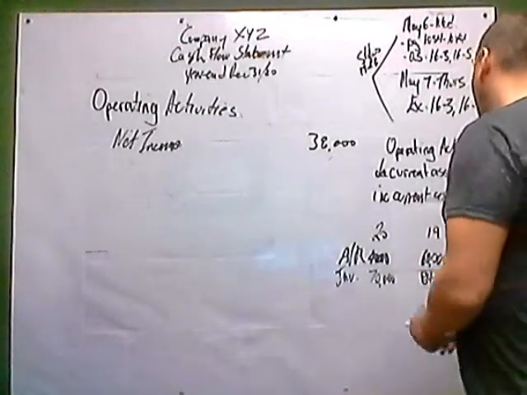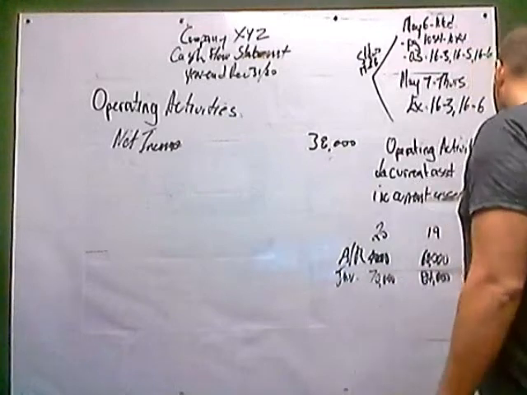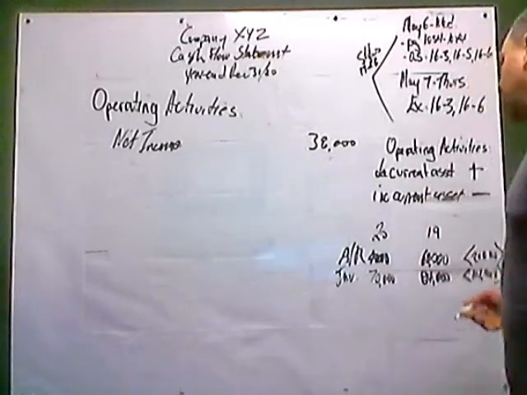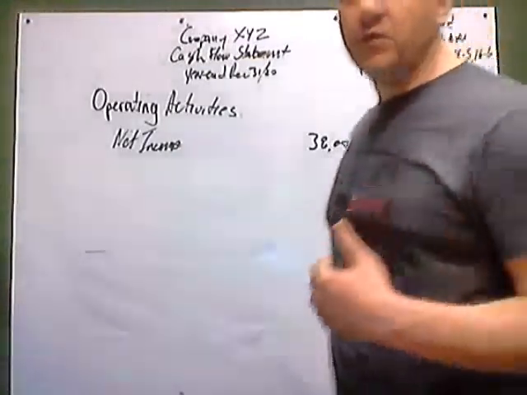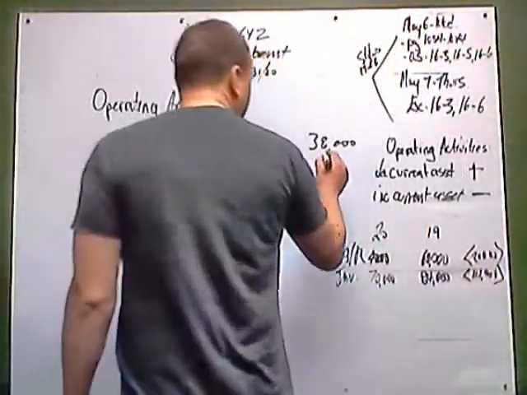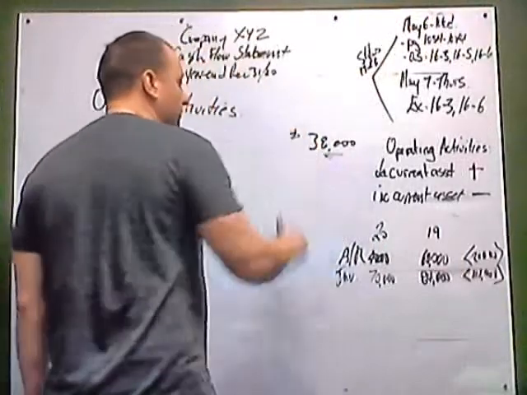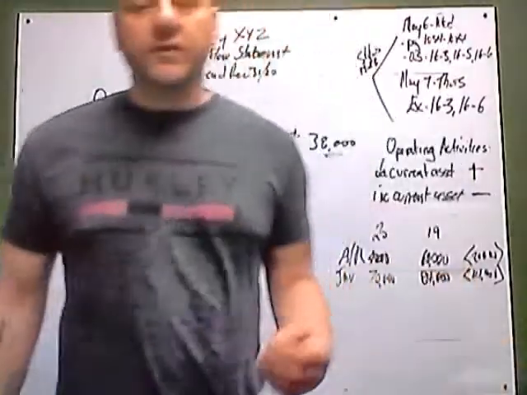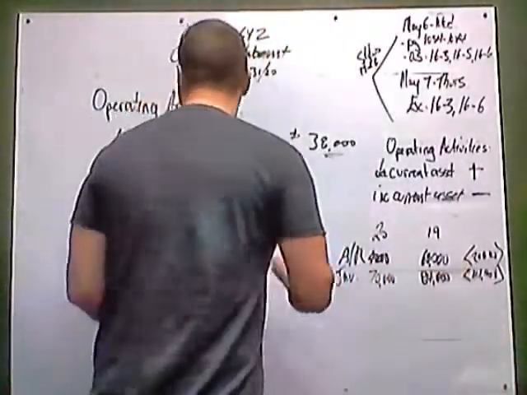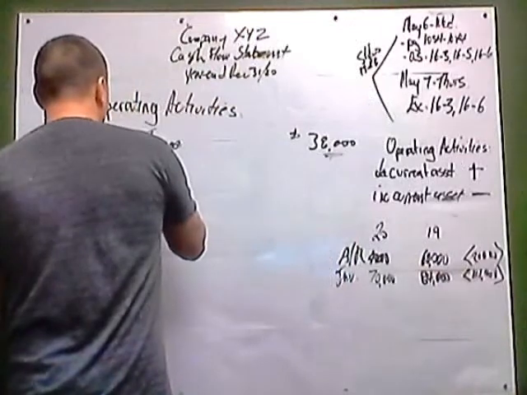That went down. So we have a decrease in the current asset, a decrease of 20 and a decrease of 14. We're going to add that to our net income. Profit for 2020 was $38,000. So we already got that recorded. So how are we going to report this? Well, we need to do our adjustments. So we're just going to put in